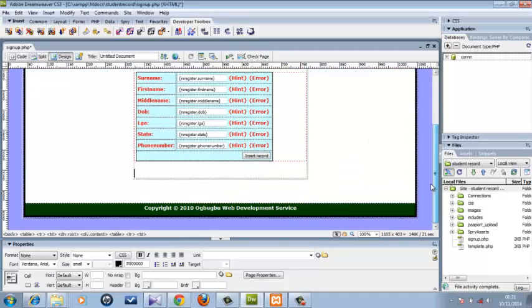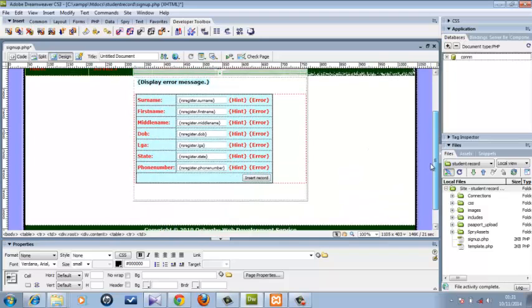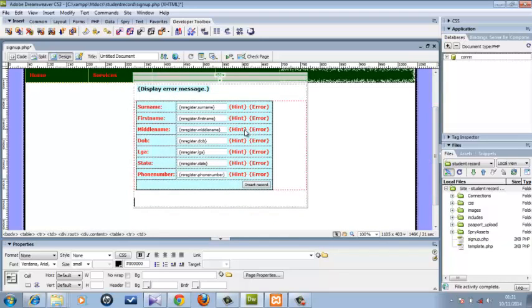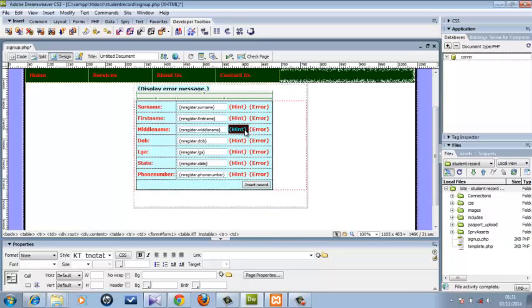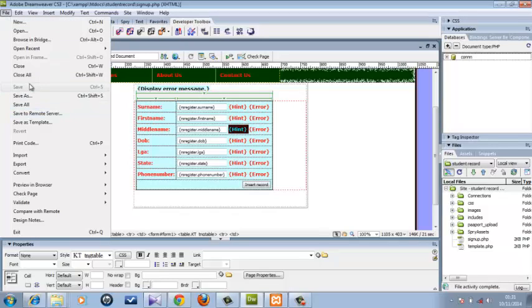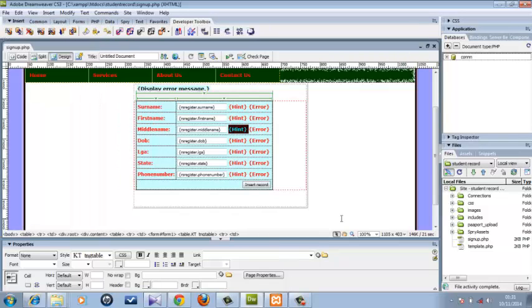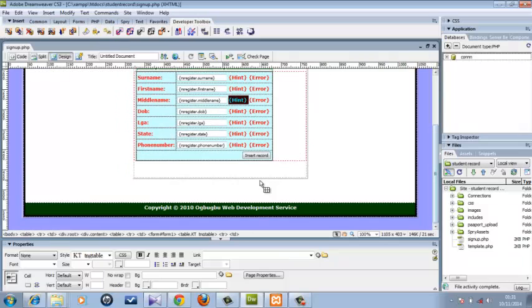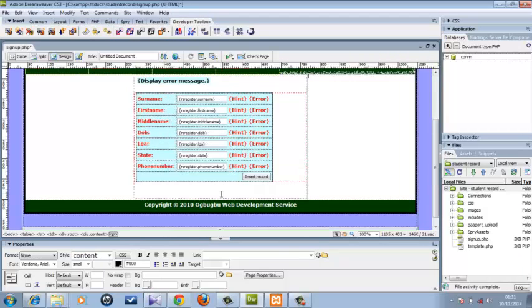So if you look at the page here, I've successfully created that page. And now let's save what we have here before we do any modification to it. Click save, or you come here and click on save. Since we've already saved, it's already disabled, but you can click on save all, so that you'll be having the correct thing right there. So now you can go to the preview